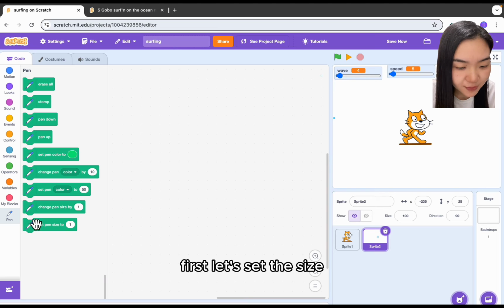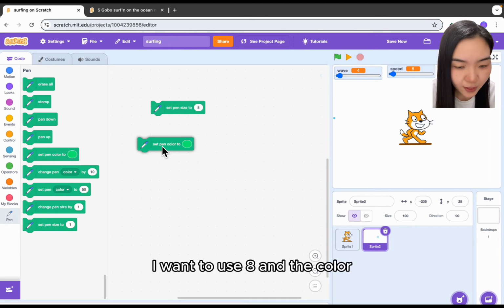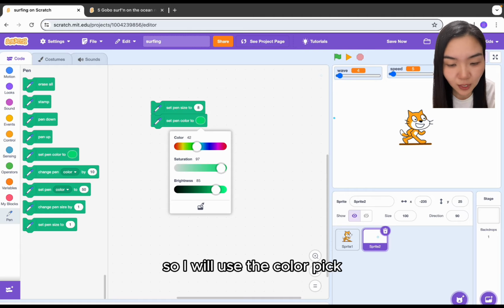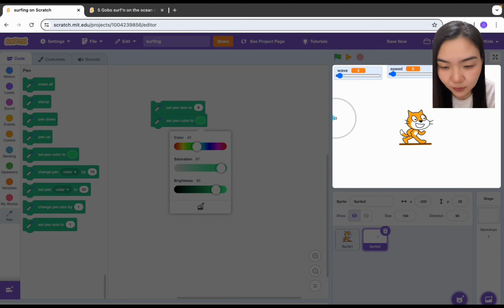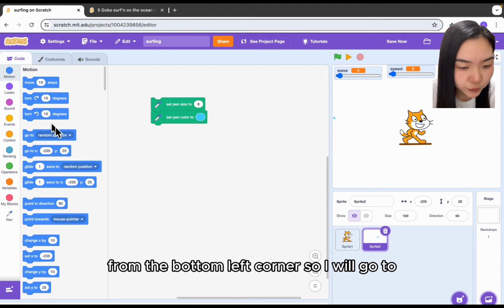First, let's set the size. I want to use 8. And the color. The color needs to be the same color as the blue dot that we drew earlier. So I will use the color pick. Choose the color here. We want to start the drawing from the bottom left corner. So I will go to